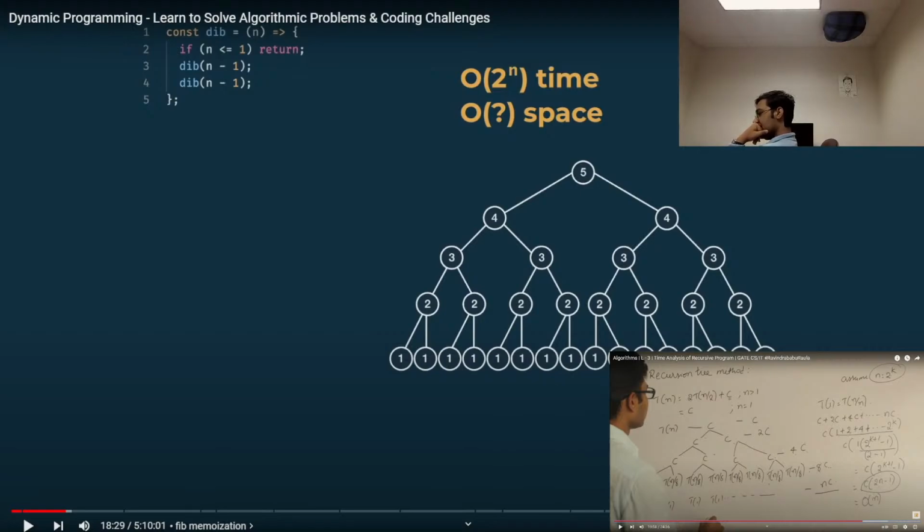To the power 2, to the power 2, 4, 8, 16. So f of n by 2 means height will be log of n. 2, 4, 8, 16 till